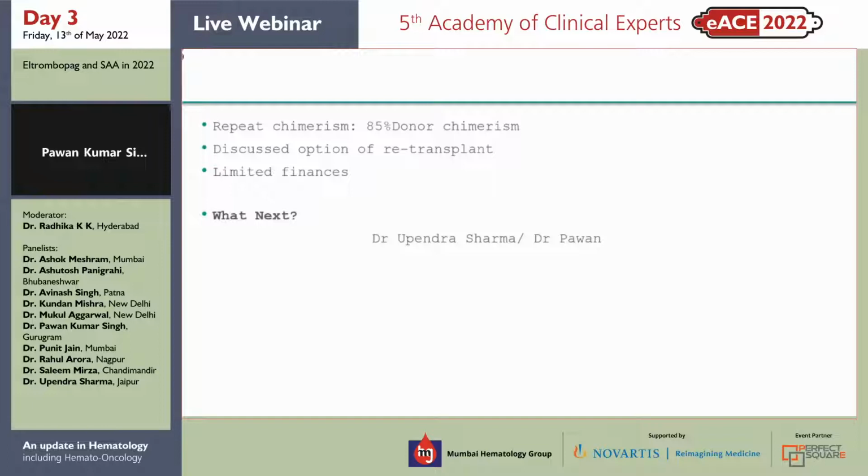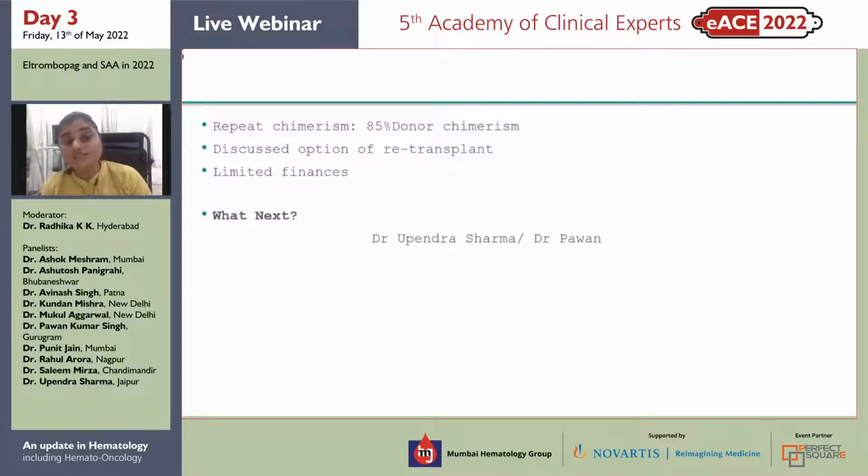Yeah, I'm Dr. Pawan. So basically, two months post-transplant, this patient is having a falling chimerism, 85%. It is difficult to always see rejection, particularly in non-malignant diseases, and it is very difficult to manage. So what I would like to do here is first cut down the immunosuppression and watch for chimerism again. And if the patient is not responding to that, then we can think of adding DLI also.